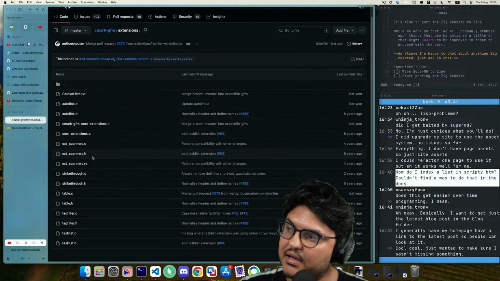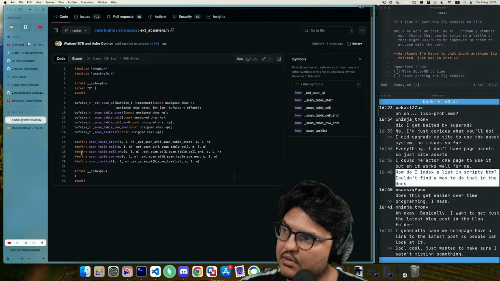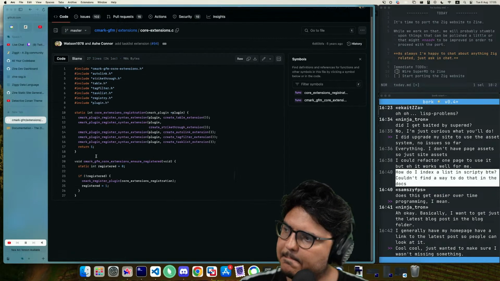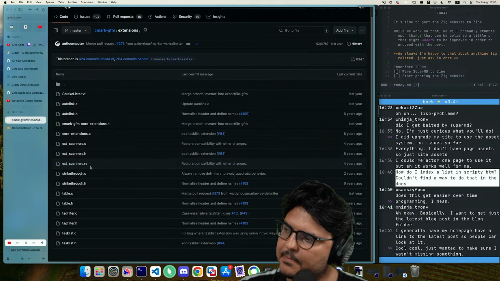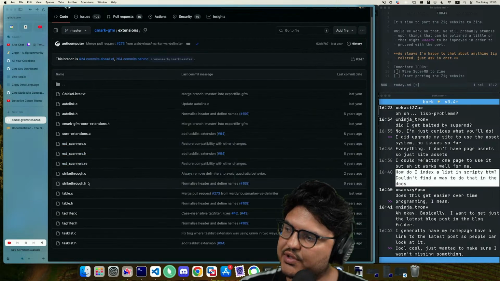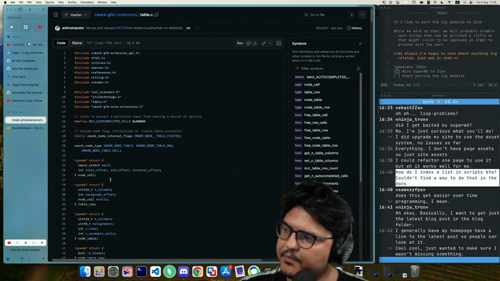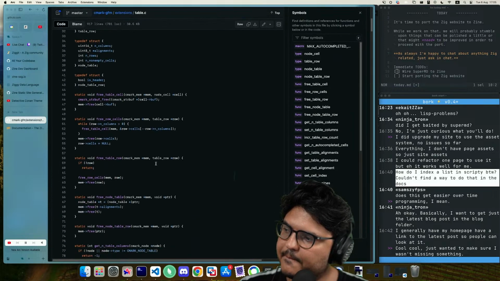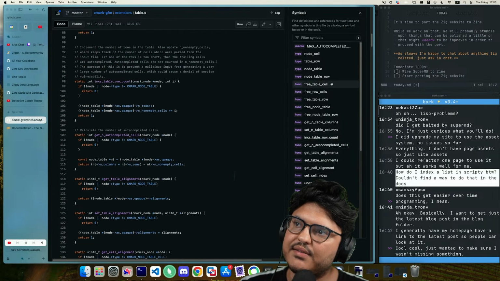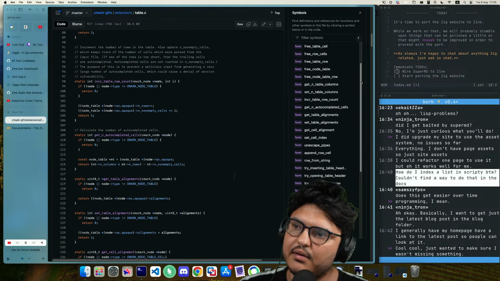Maybe ext scanners? No, because they're probably mutable and they get assigned during initialization. That's what's going on. So I guess somewhere there's like some init thing.